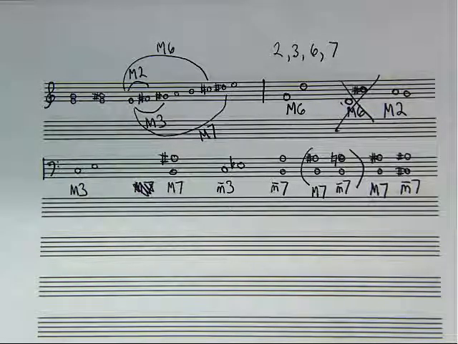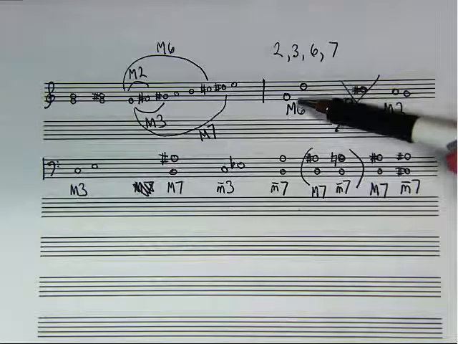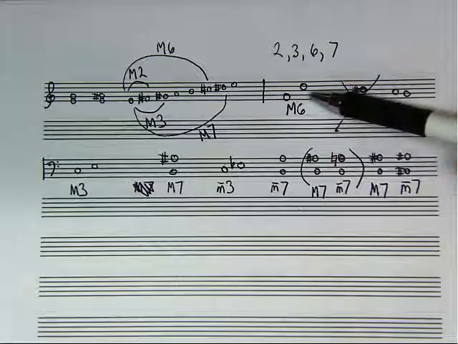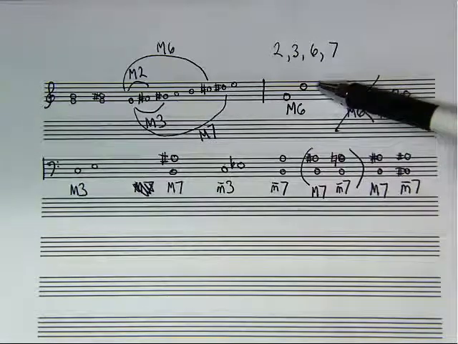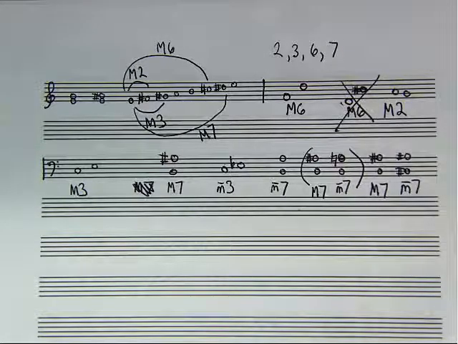Now, identifying minor intervals can be a little bit trickier because you have to think through this process, but you also have to look at the notes that are given to you. So if you look up at this sixth, we determined it was a major sixth because the top note is in the major scale of the bottom note. But if the top note is not in the major scale of the bottom note, then we have to do a little more searching to figure it out. So, for example,